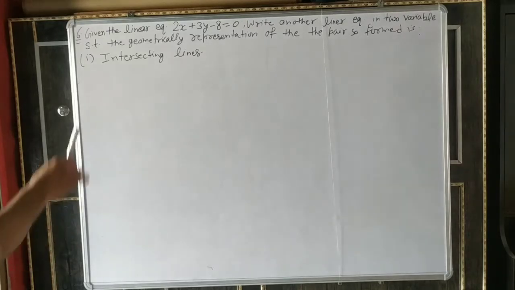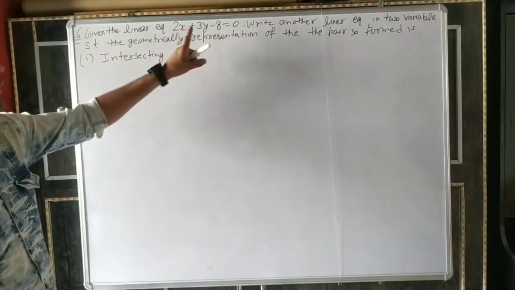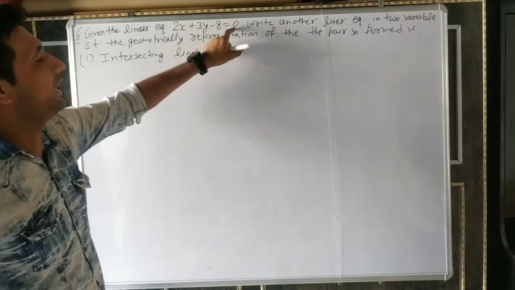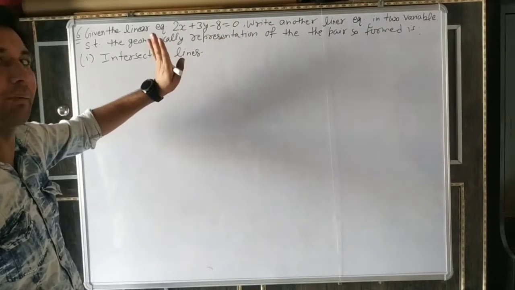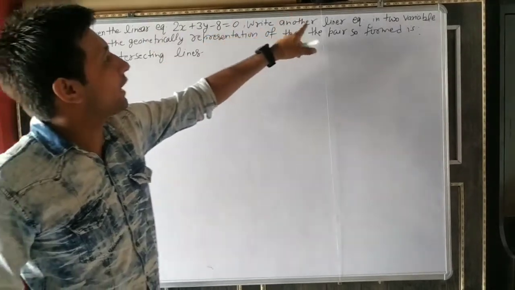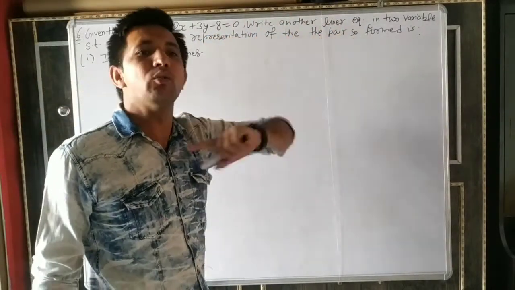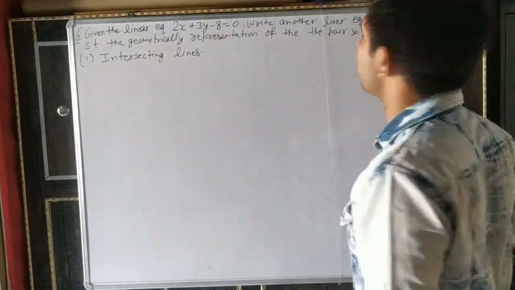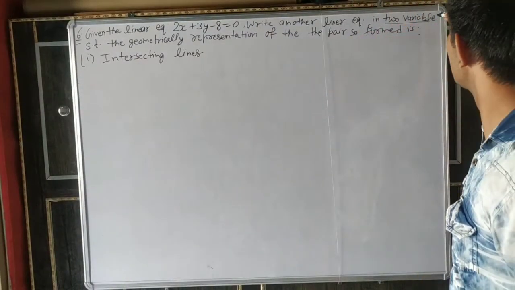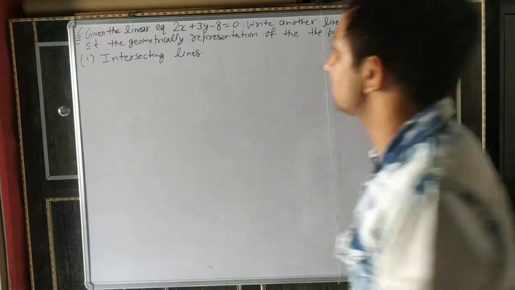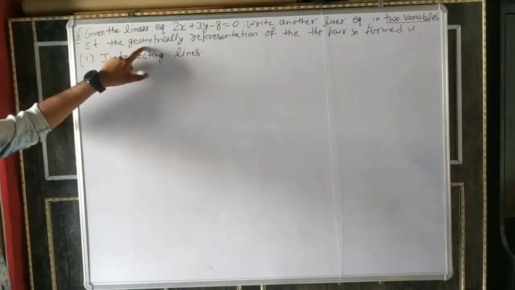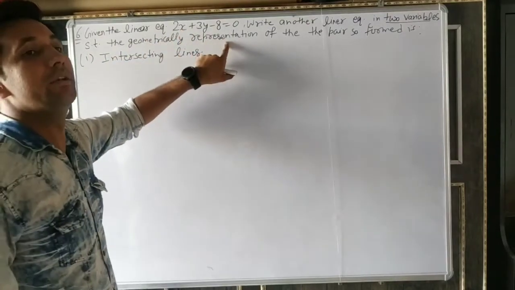Now question number 6. We are given one linear equation, 2x plus 3y minus 8 equal to 0. It is a linear equation. Write another linear equation, which will also be in two variables, such that the geometrical representation...